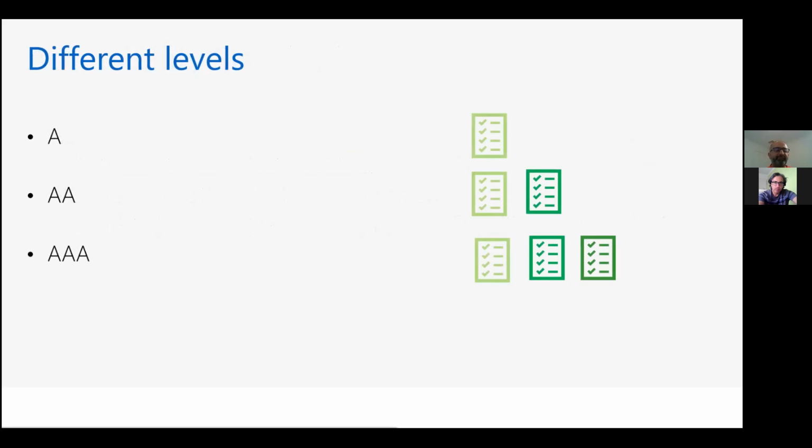Another way I have summarized: under these two standards, there are three different levels: A, AA, and AAA. So whenever a project or a government department is working, they usually say we will try to comply our project